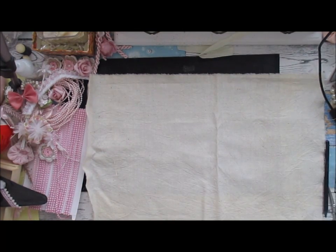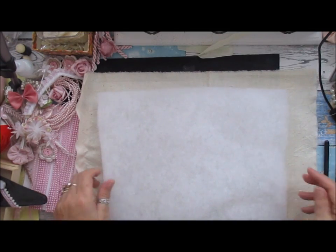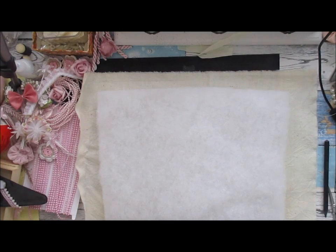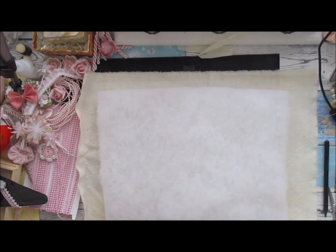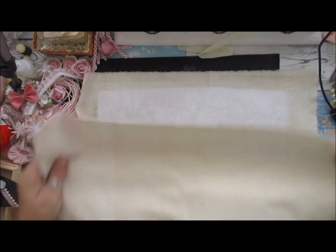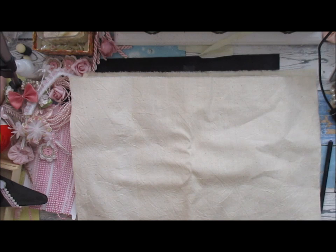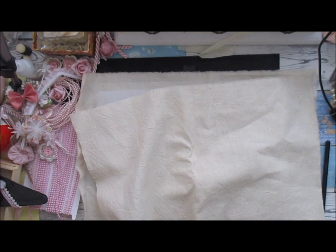I haven't chosen any particular doilies to use on this. I've just got my box at the side of me, and as I took them out of the box, I just tried something with them, and if it works, it works, and if it doesn't, it doesn't. I do know that at the end of this video, it actually cut out. I will be coming back to show you other pages as well, but you will get to see a majority